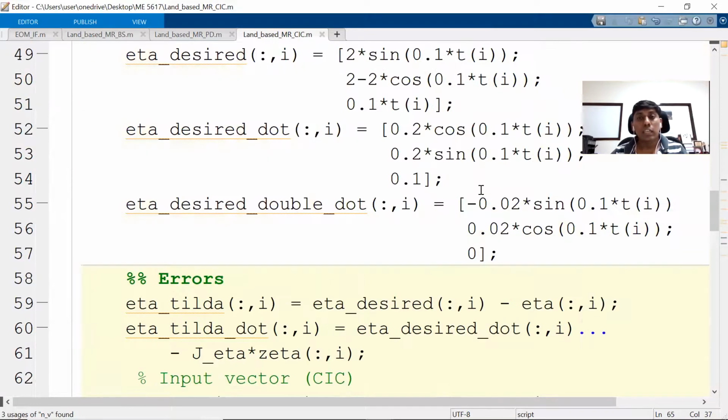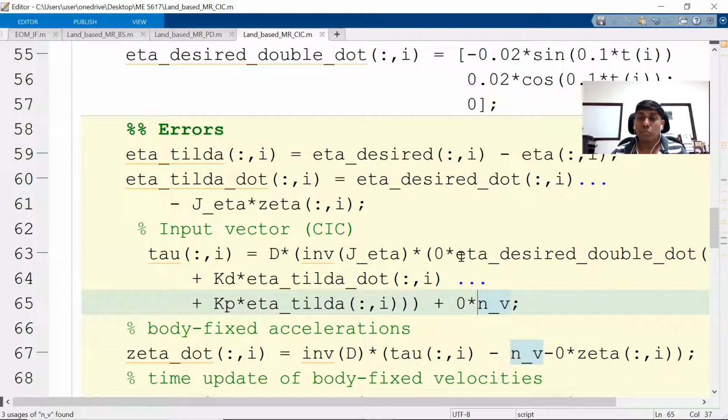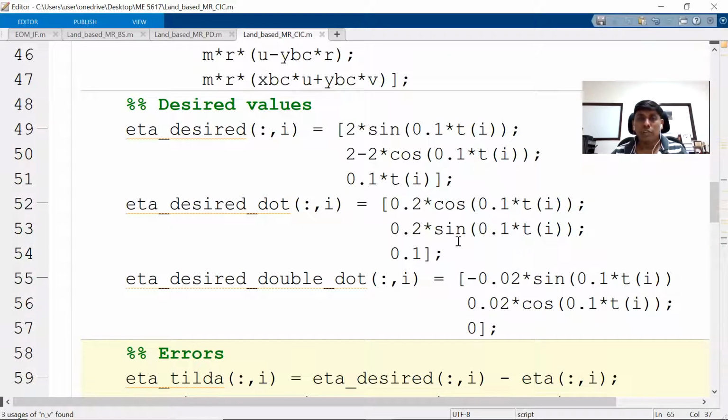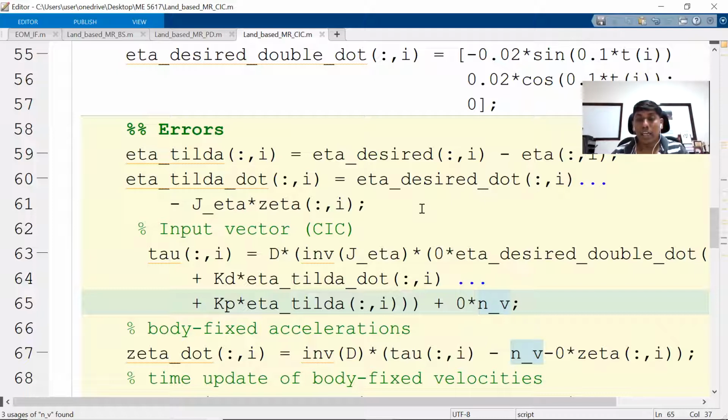Only thing, if the system is high speed performing, in the sense it is a very high speed mobile robot, then this acceleration would be a predominant value. At that time this particular control may not work. Right now it is very slow moving. You can see the resultant would be less than 0.4 meter per second, right? So in that sense, it is very, very easy for us to do, but you can get an idea how to do this and all, right?